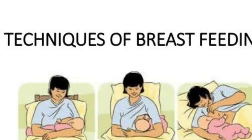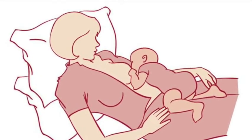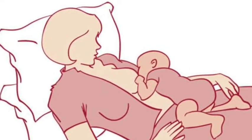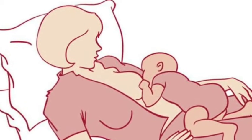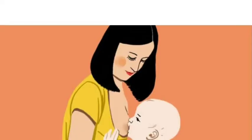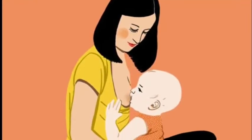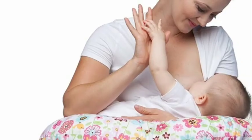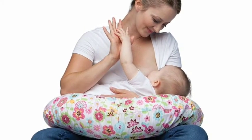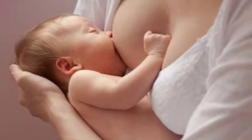Now come to the techniques of breastfeeding. Mother-led attachment. The more traditional technique of mother-led attachment works for many mothers and babies. There are some basic steps for this technique. Sit upright and support yourself well with pillows. If your breasts are small, you might need a pillow on your lap to bring your baby to the right level. Hold your baby behind her back and shoulders,